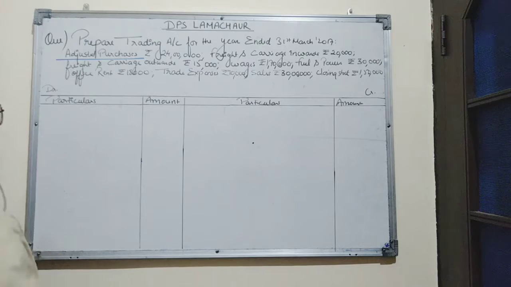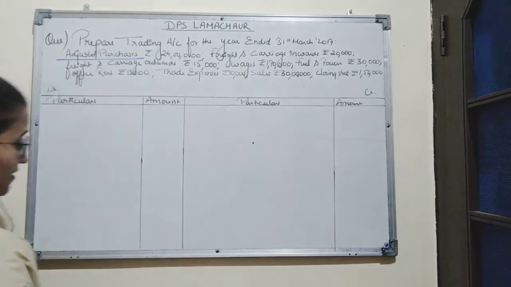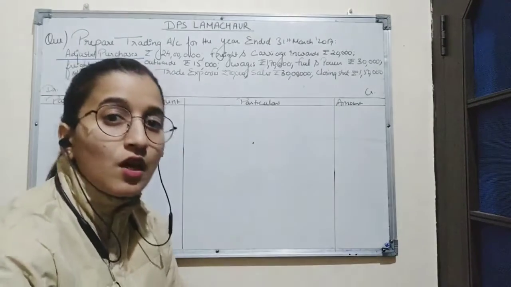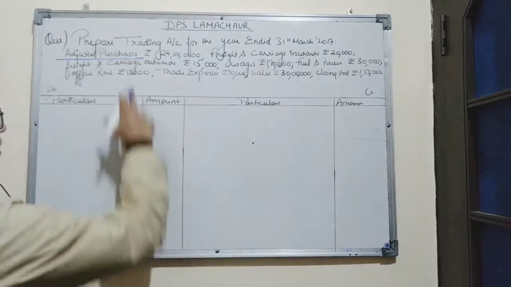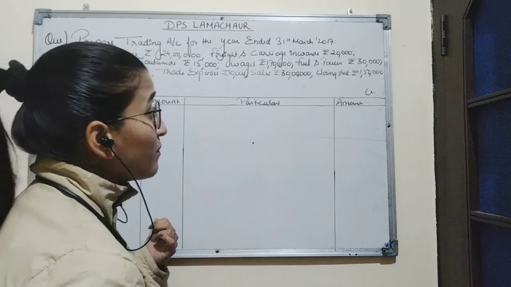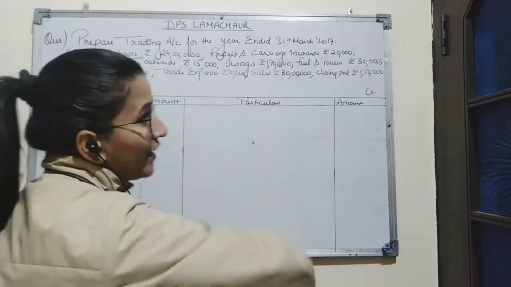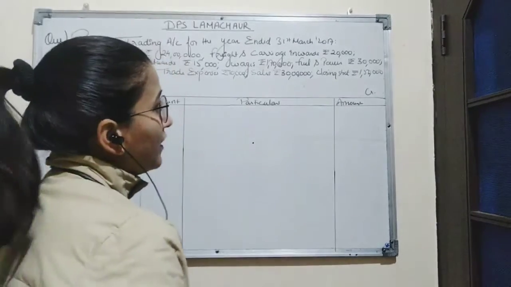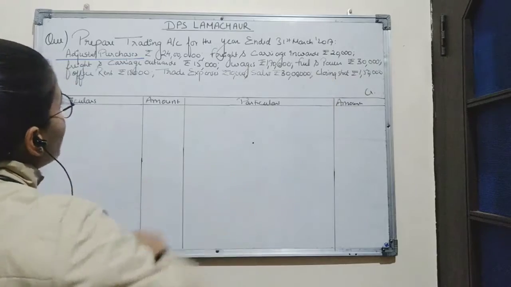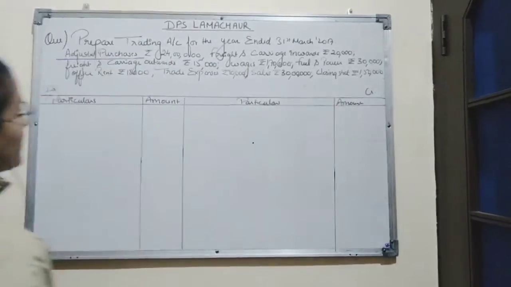So first expenses will be adjusted purchases. The formula for adjusted purchases is opening stock plus net purchases minus closing stock. So here in the question, it is already given the amount of adjusted purchases, which means the calculation for opening stock, closing stock and direct expenses has already been done. So here, instead of recording closing stock and purchases, we will record the amount of adjusted purchase.